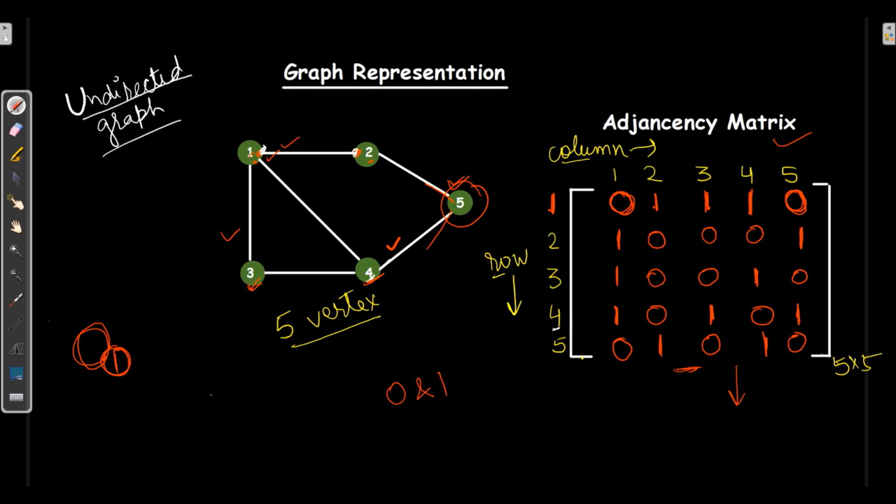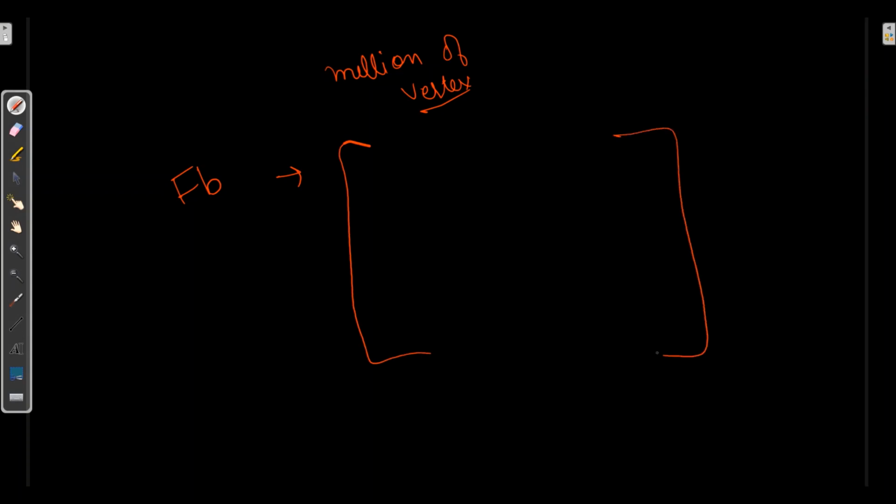Now you have seen when we have 5 vertex. What if we have millions of vertex? Let's say if we take social media like FB, Instagram, we have millions of users. So we won't be drawing a million into million matrix.